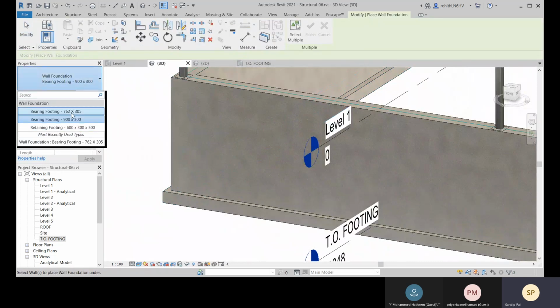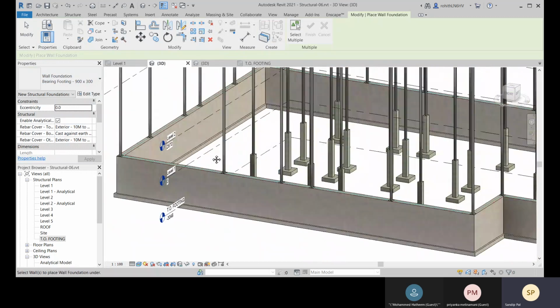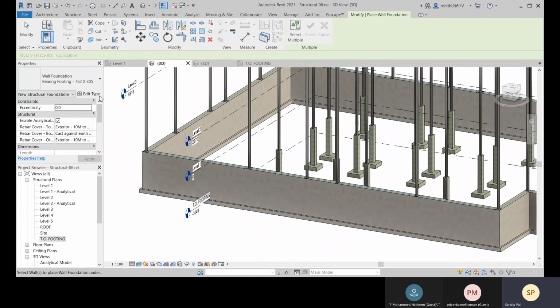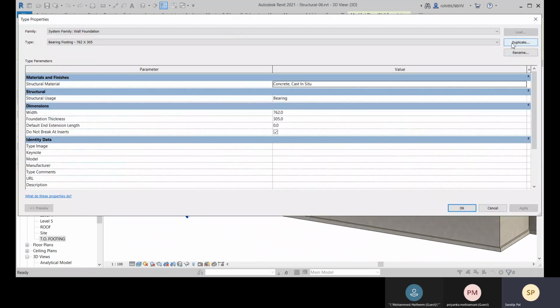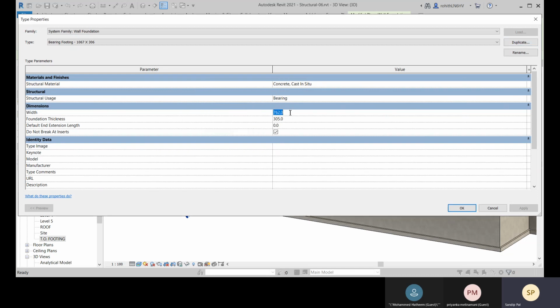It will increase, so there you can go for it. Okay. So here also you can choose this type, and here you can go for duplicate, and here you can choose that 1067, click on OK, and here you can go for 1007. The thickness is same.